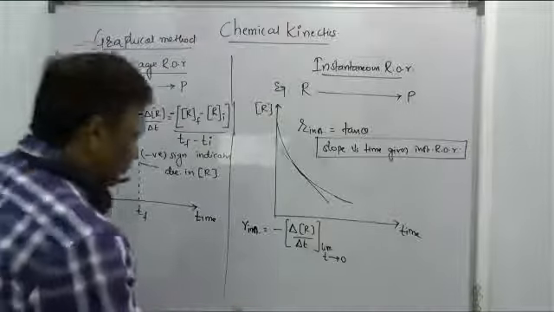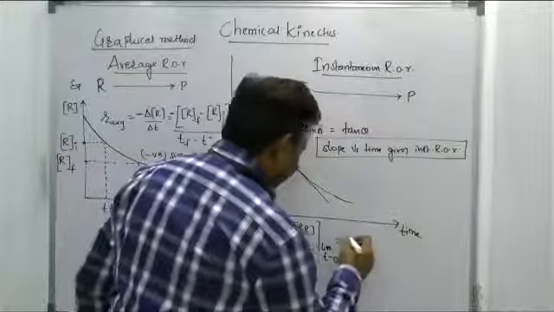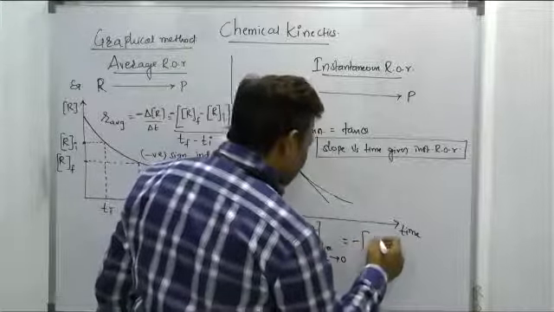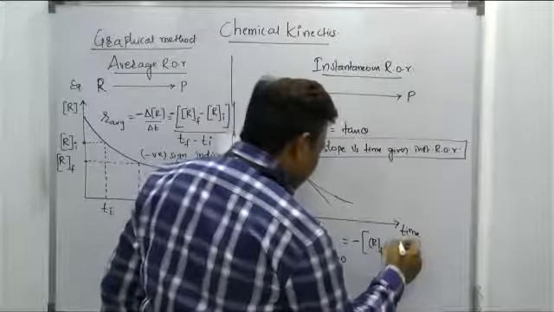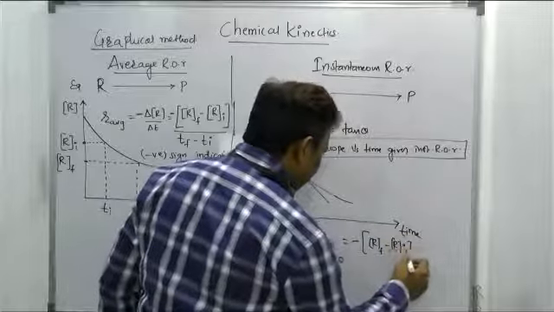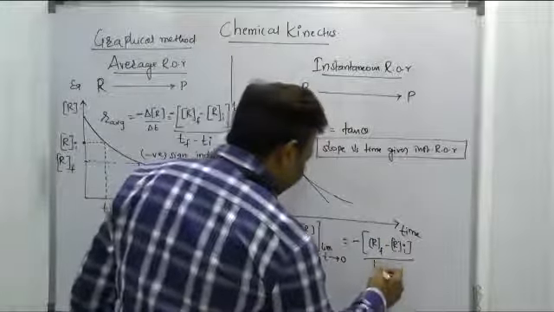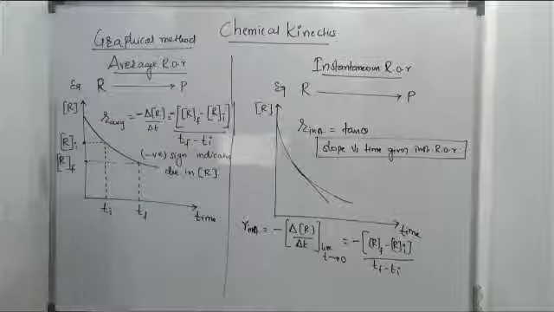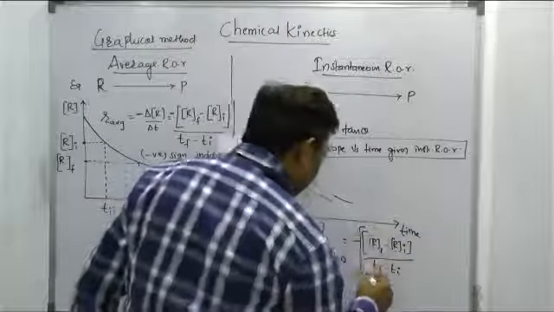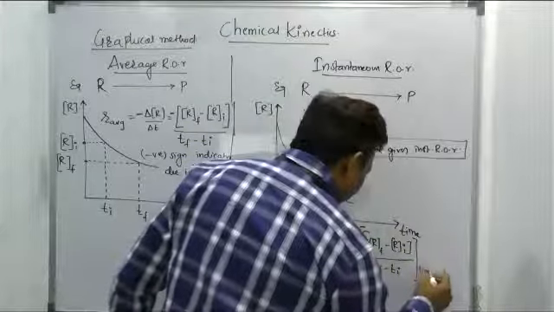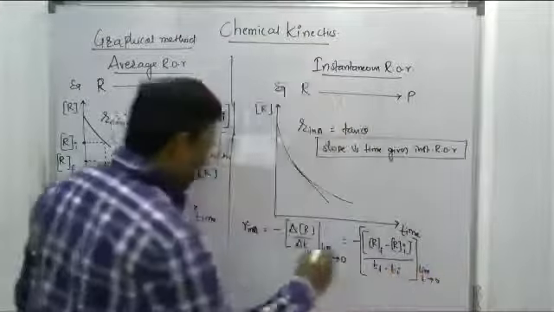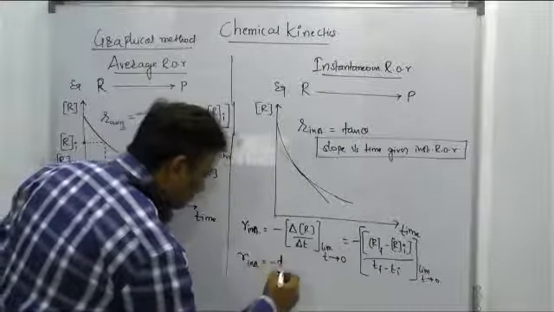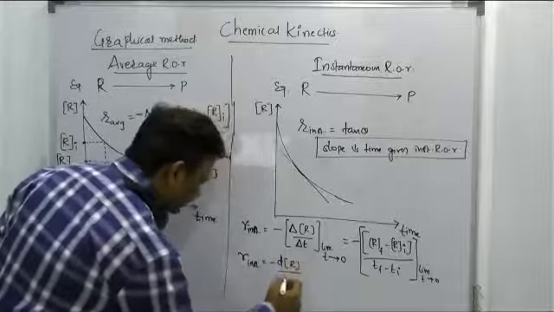See, beta, if I want to solve here, how can we solve? This is a minus. What are we getting here, beta? That is RF minus RI by delta T, TF minus TI, and all this you have to take where limit T tends to 0. On solving all this, I am going to get R instantaneous is equal to minus of d concentration of R with respect to dt.